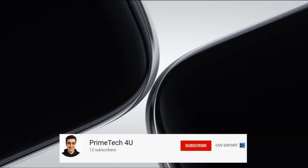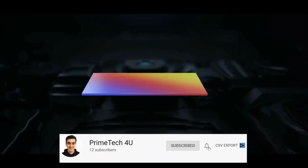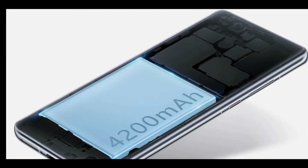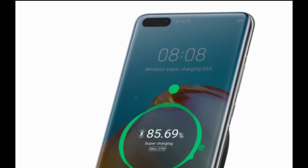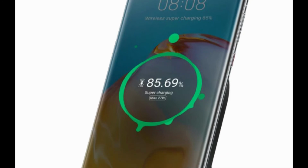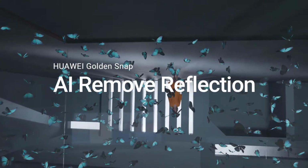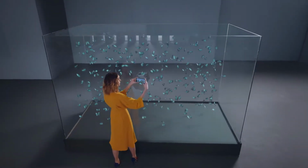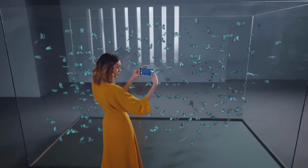Huawei P40 Pro is available in the market from April 2020. The phone has a 6.58-inch display and a resolution of 1200 by 2640 pixels. It has 8GB of RAM with 128GB, 256GB or 512GB of internal storage, respectively. The phone supports an expansion of memory up to 256GB. For the main camera option of this smartphone,